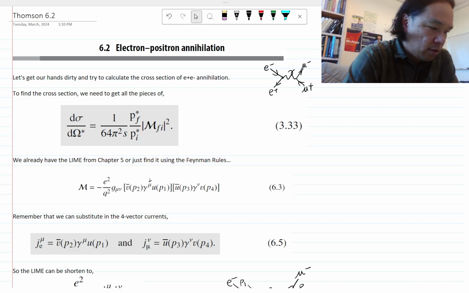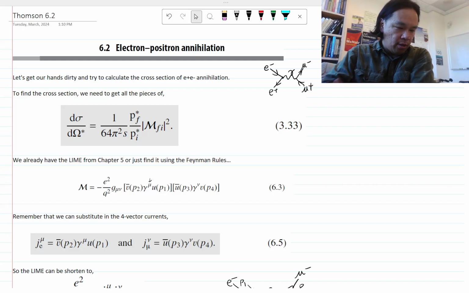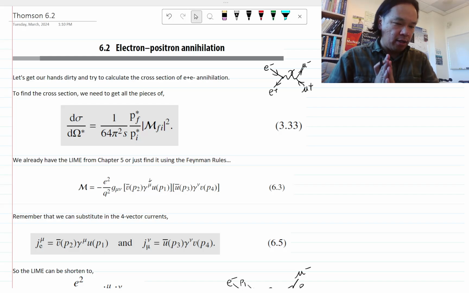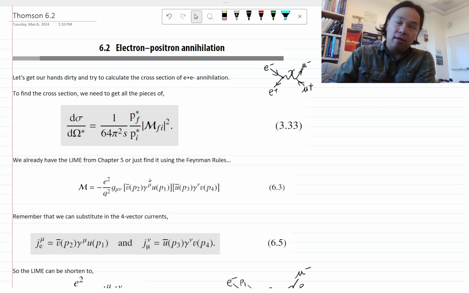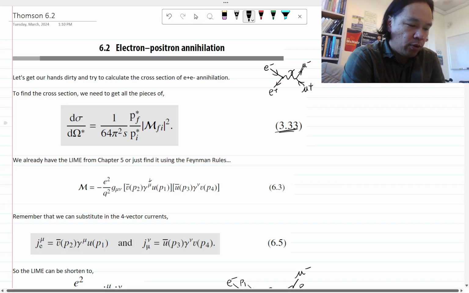Hello. So this lecture is going to be on Thomson 6.2, and I'm pretty excited about this section. This is where we're actually going to calculate a cross-section for a real process. Okay. In what chapter was that? In chapter 3, right? We did some toy model where